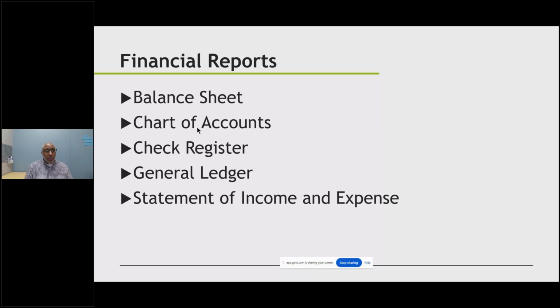When it comes to the financial reports, you can copy them. So you can make a duplicate of them and then modify them at that point in time. The default ones can't be modified, but you can save copies and make different changes. You can also spin up a custom report just from scratch as well, just adding in things. But let's go through these 5 financial reports first, just to show you what they are, what they look like, how to use them. And then we're going to create some reports after that.